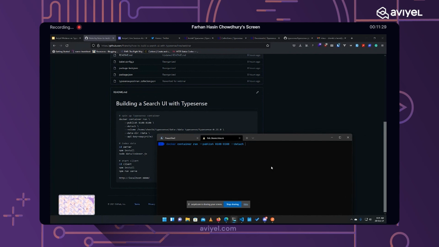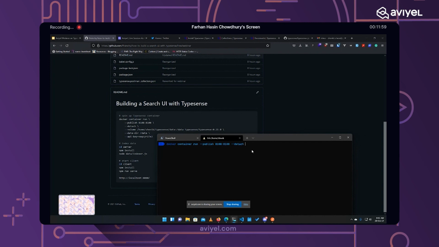Next, I will have to declare a volume. I have already said that TypeSense stores its data in a NoSQL, document-based kind of format. It persists the data within a directory inside the container. Now the problem is that containers are ephemeral in nature. They can die anytime, any moment, and they can be lost.